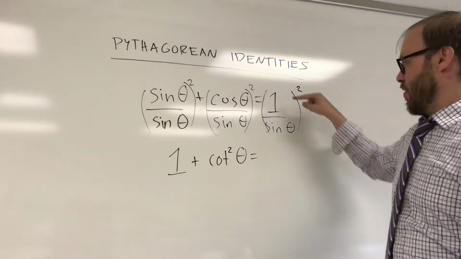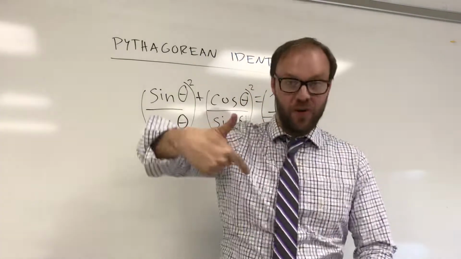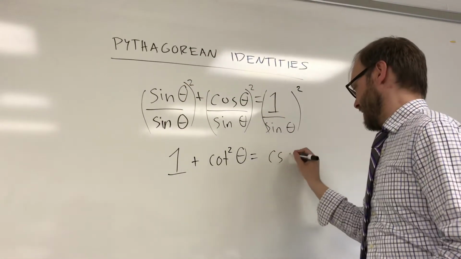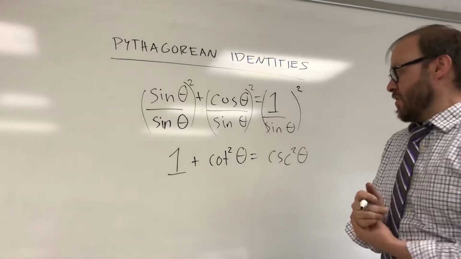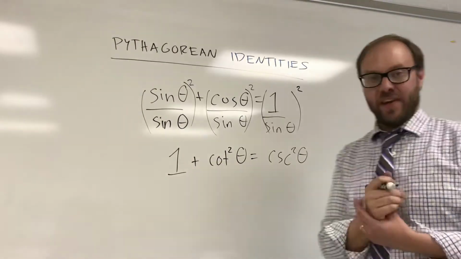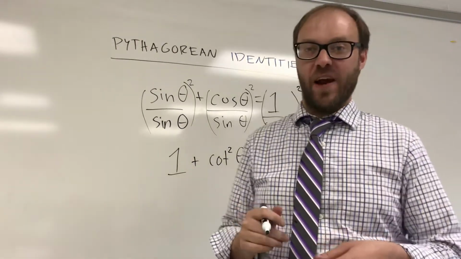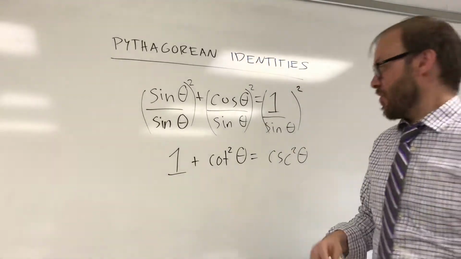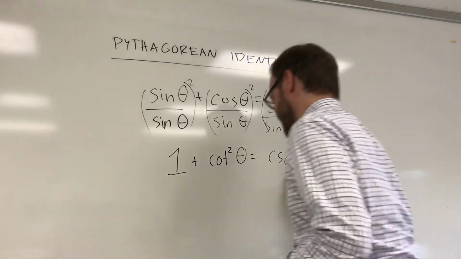And then finally, 1 over sine, that's the reciprocal of the sine function. That's the cosecant function, and it's being squared. So that's our last of the Pythagorean identities. 1 plus cotangent squared is equal to the cosecant squared. To summarize these 3 statements,